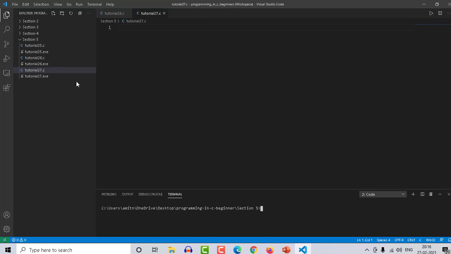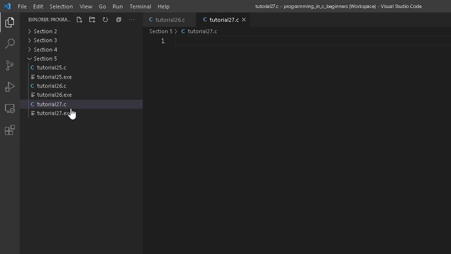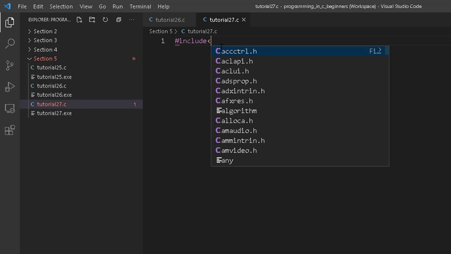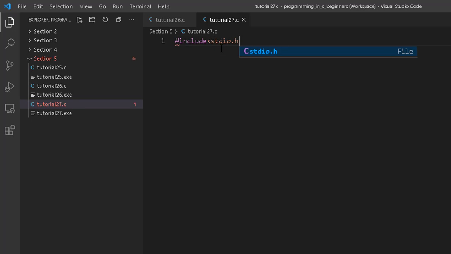Okay, fine. Here I have created a file tutorial27.c, and let me create the command line argument program over here. I will include stdio.h, and here I will provide the command line arguments to main. Because we are using command line arguments, let's go with the standard main definition, returning an integer.